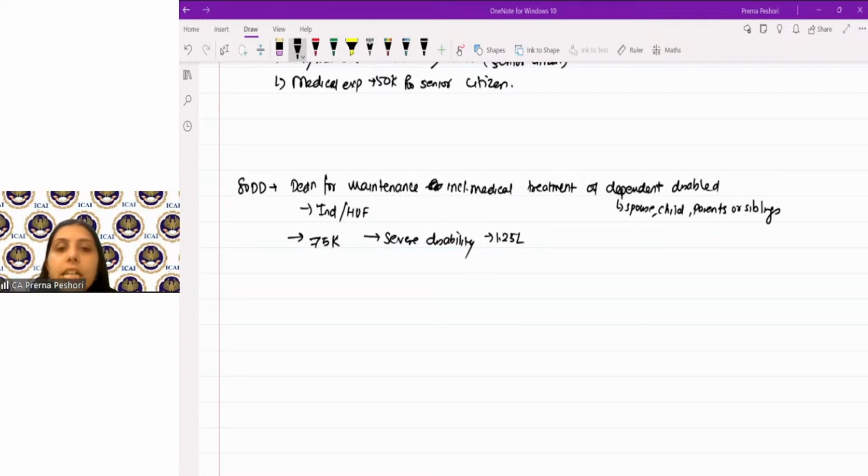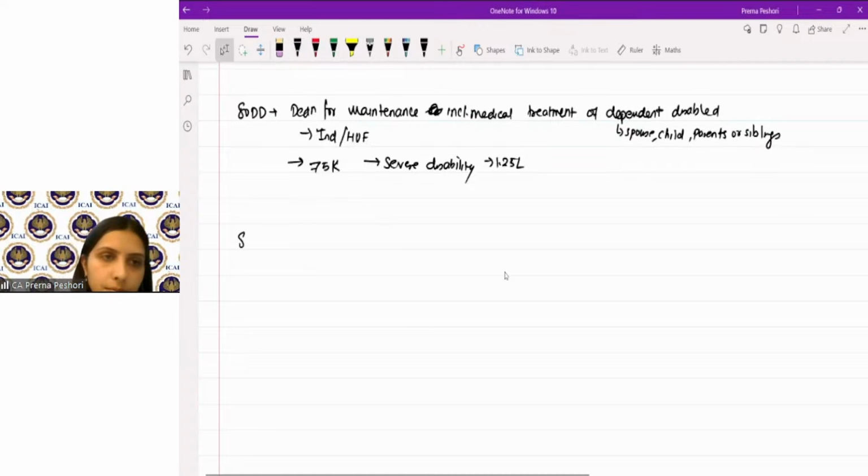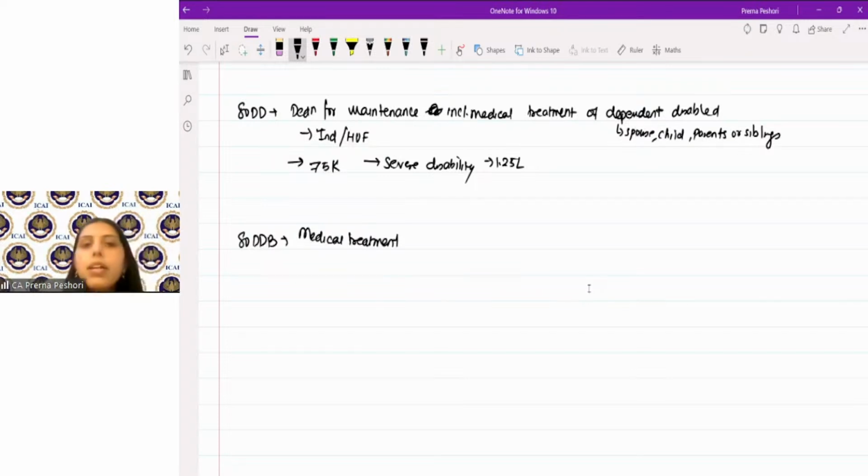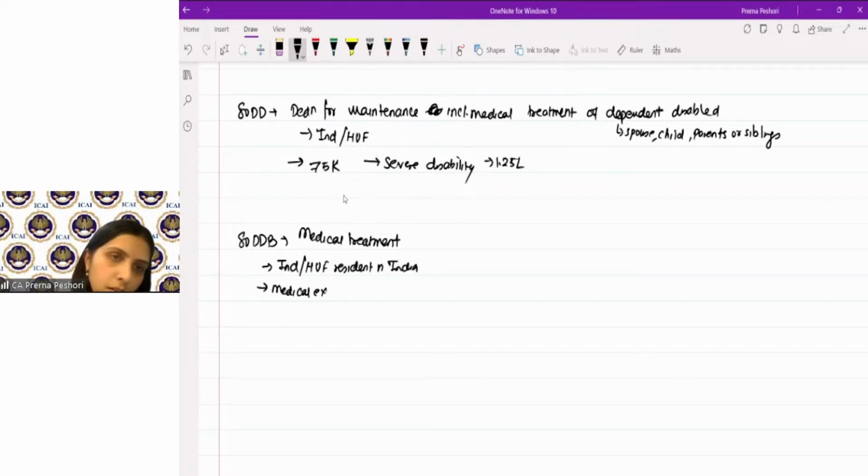Next is ATDDB. What is ATDDB? This is for the medical treatment. Deduction for medical treatment. Now, this is available to an individual or HUF resident in India, for the medical expenditure on himself, for self,